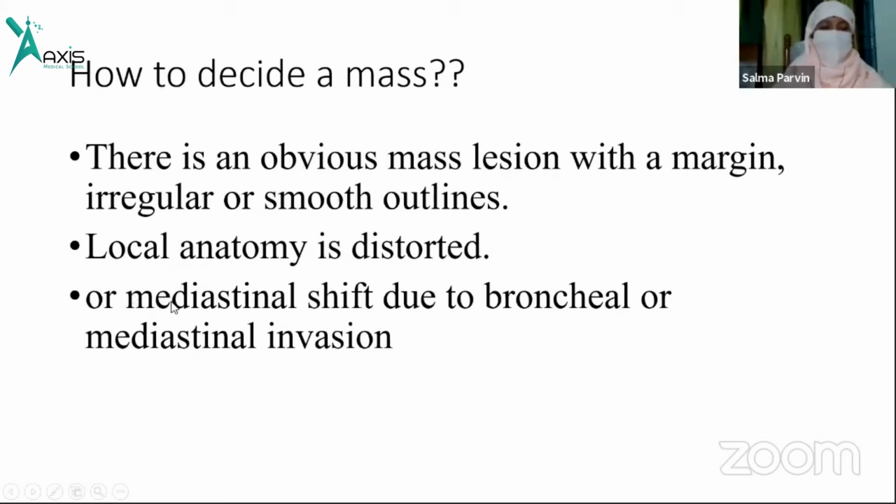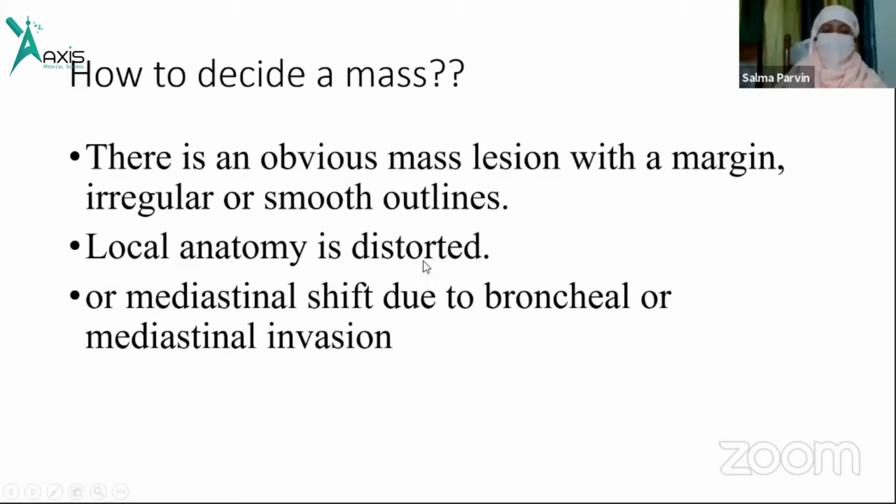And the second type, there is local anatomical distortion. It means the bronchovascular markings follow a definite distribution, shape, and position of the vessels and bronchi. Whenever you have any atelectasis in relation with a mass, different density in a lesion produced by the mass, and also consolidation, there is anatomical distortion. We have to understand that.